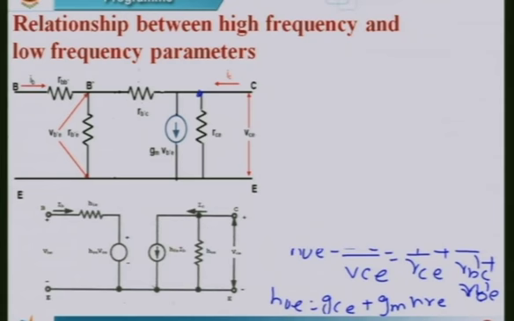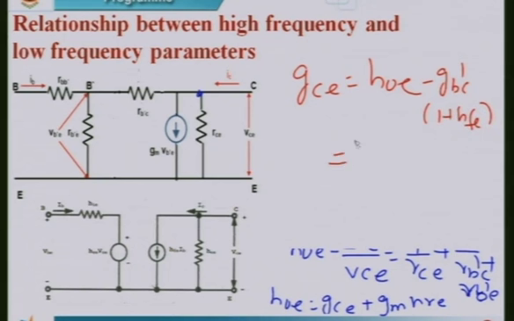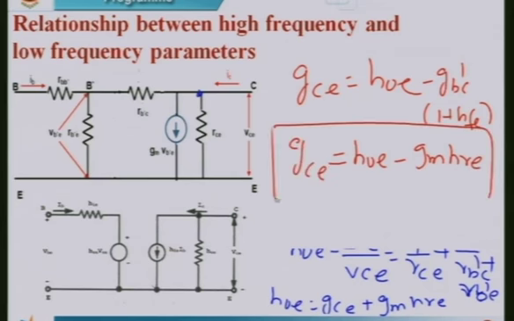this value gce is equal to hoe minus gb'c into 1 plus hfe. If further simplified, you are going to get hoe minus gm into hre. The output conductance of a transistor is given by this expression. Finally, we conclude,